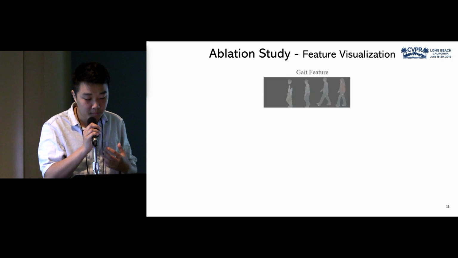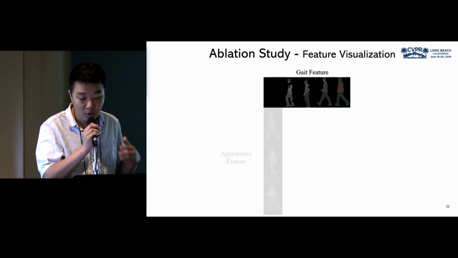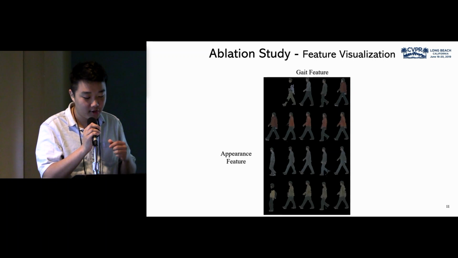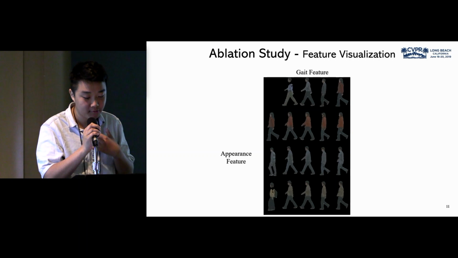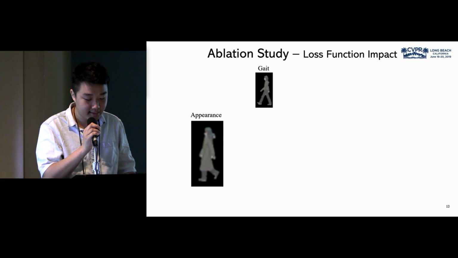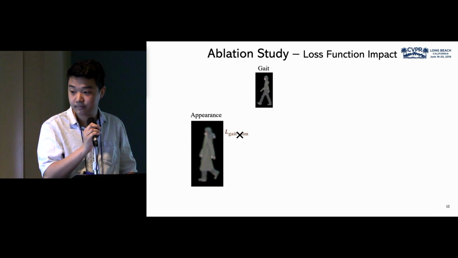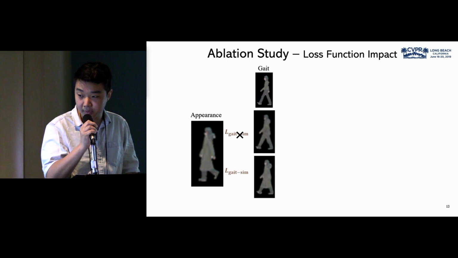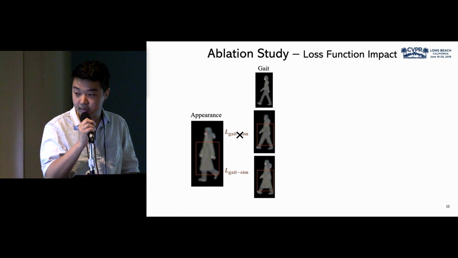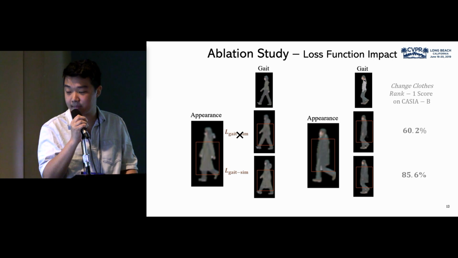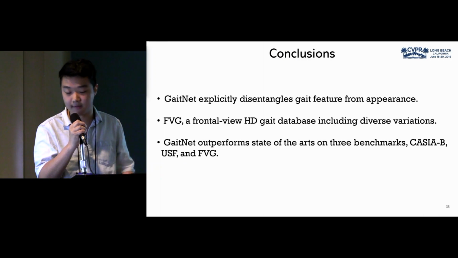We train 2 models, one with gait similarity loss and one without. And the appearance of the original frame is better preserved, which means gait features have less appearance-related information, which is good. Here's another example. And the rank 1 score under the changing clothes variation on CASIA-B is compared. Here's one with the loss, and here's one without. You can see the preserved information. Here's another example. The rank 1 score, with and without our designed loss.